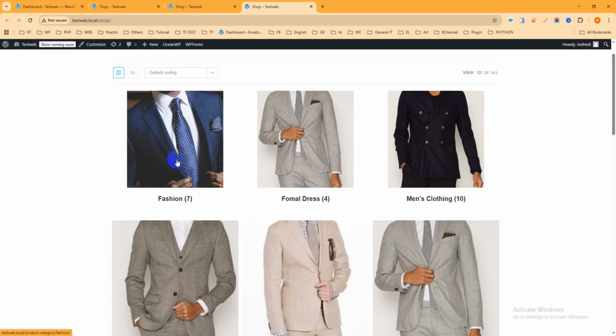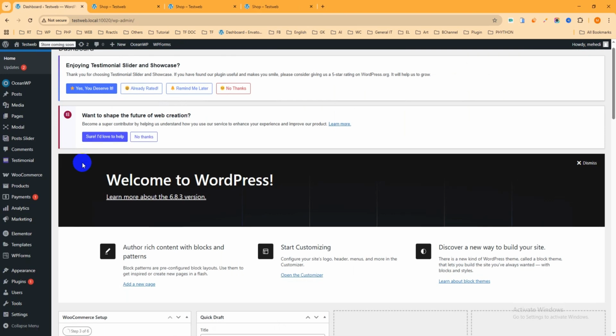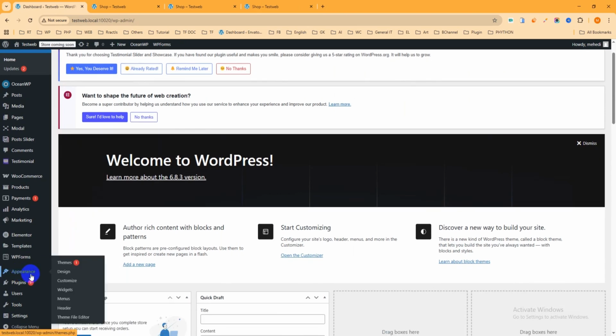Okay, so very fast go to the admin dashboard. This is the admin dashboard and you have to hover over on appearance. Then you can see this is the customers and it's common for all themes. If you hover over on appearance, then you will see customers. Just click over here,